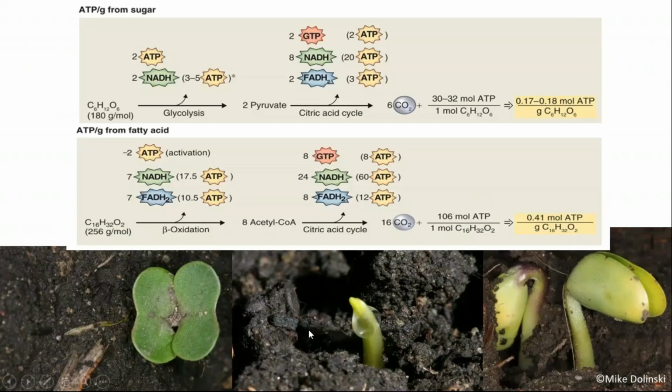You can see all these plants are germinating, and why they all have some fats in them is because you get a whole lot more ATP, almost double the ATP out of fat compared to sugar. That's ATP from sugar, ATP from fat. So almost all of them will have fats in their germ because they need a lot of energy to germinate.